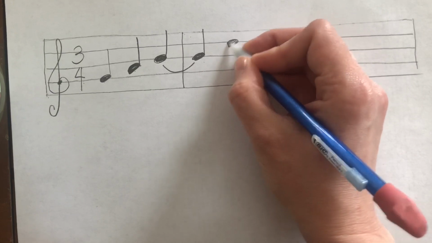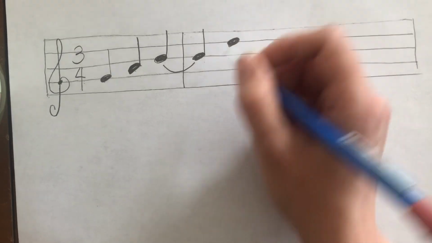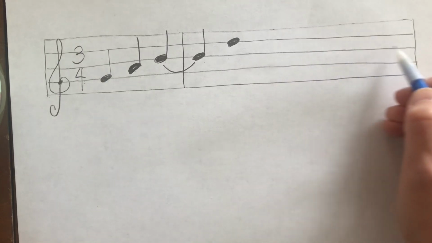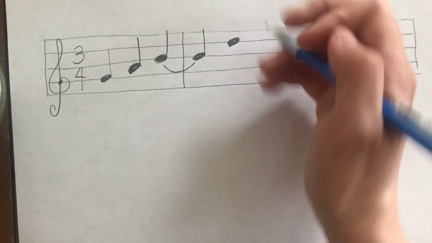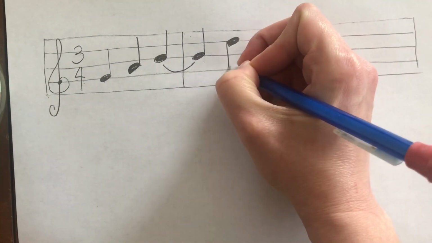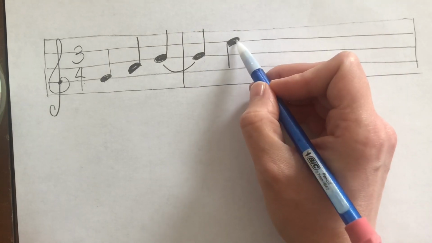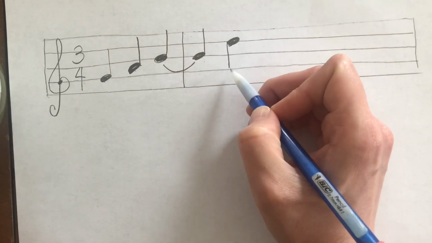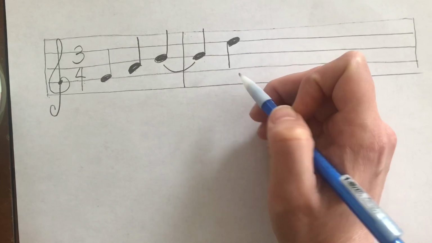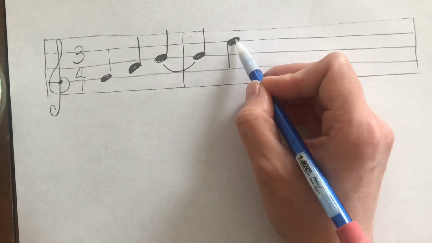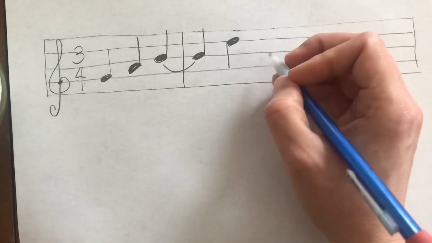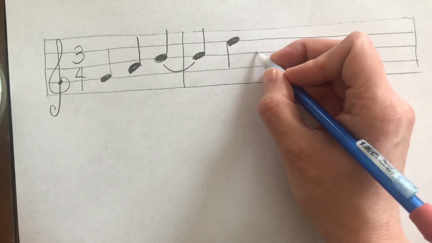I'm gonna put a note up here, and when we put notes above this middle B line, we make the stem go downward, and that means we draw the note stem on the other side, on the left side of the note. So I'm gonna put a quarter note here, and then a quarter note here,